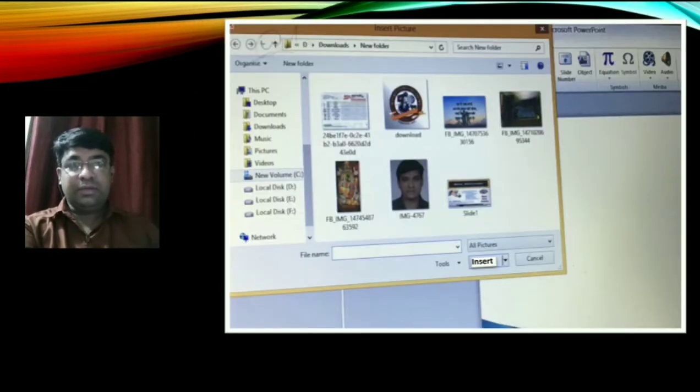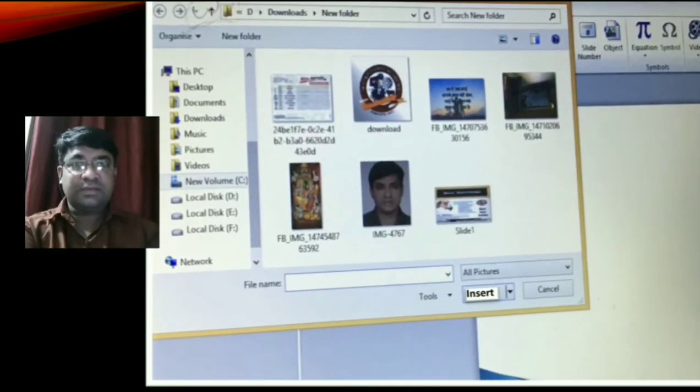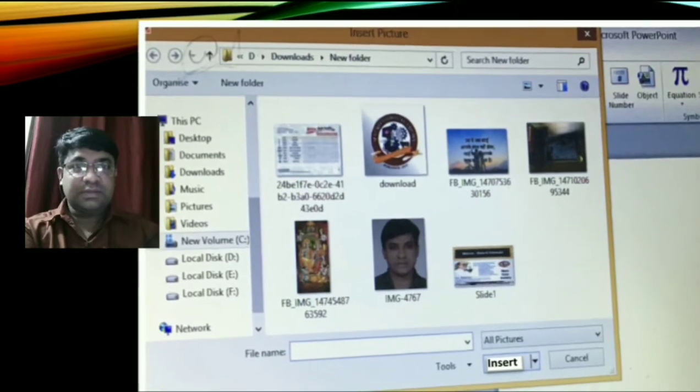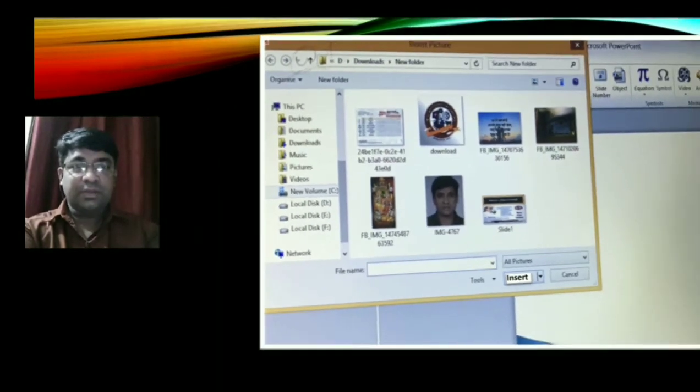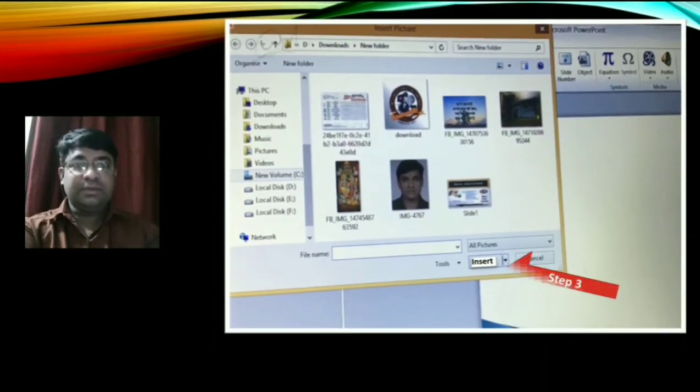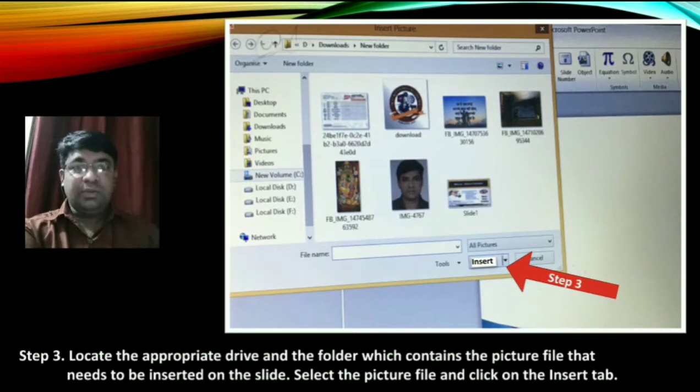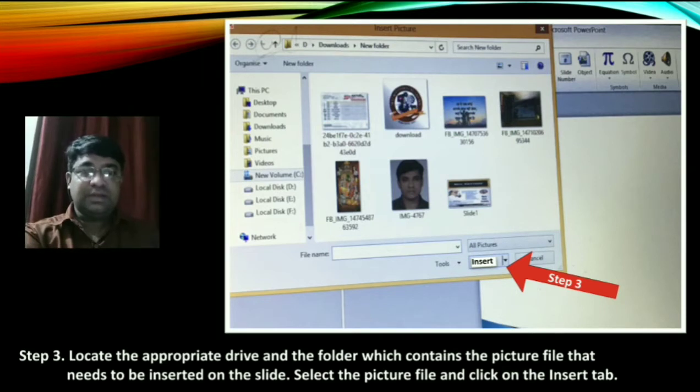After that, when you click on the picture option, then the insert picture dialog box appears. You can see that in the diagram. This is the insert picture dialog box. Now, third step is locate the appropriate drive and the folder which contains the picture file that needs to be inserted on the slide.